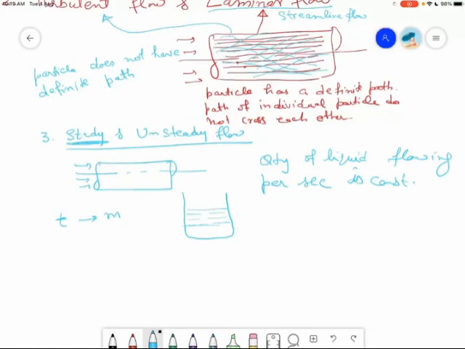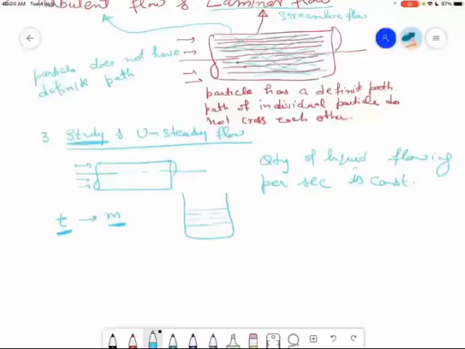ठीक है, तो कोई भी अगर आप टाइम लोगे उस टाइम में द मास रिमेन सेम। सो फॉर दिस पर्टिकुलर टाइम, द मास इज m। तो कुछ टाइम बाद फिर उसी टाइम के लिए आपने देखा उस पाइप में से जो मास फ्लो हो रहा है दैट इज अगेन सेम। So quantity of liquid flowing per second is constant, then that type of flow we call as steady flow. So steady flow will be a uniform or non-uniform flow, कोई भी हो सकता है ये।